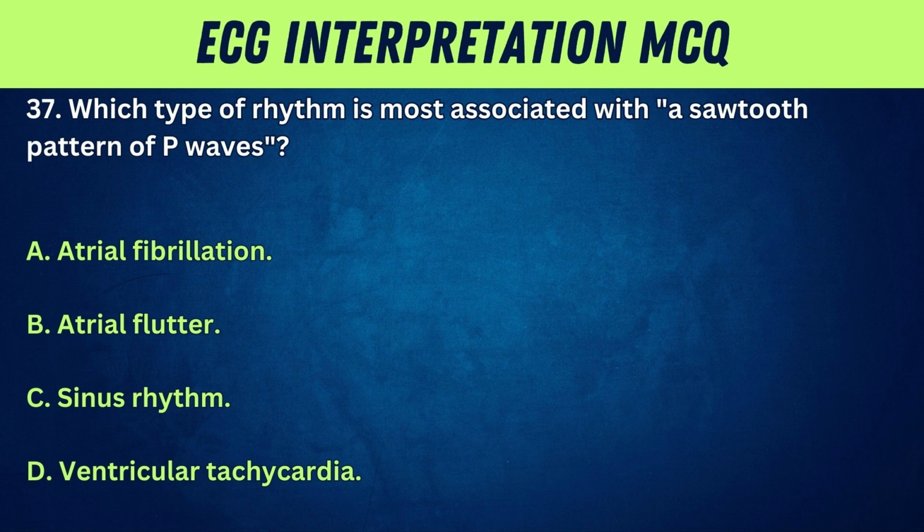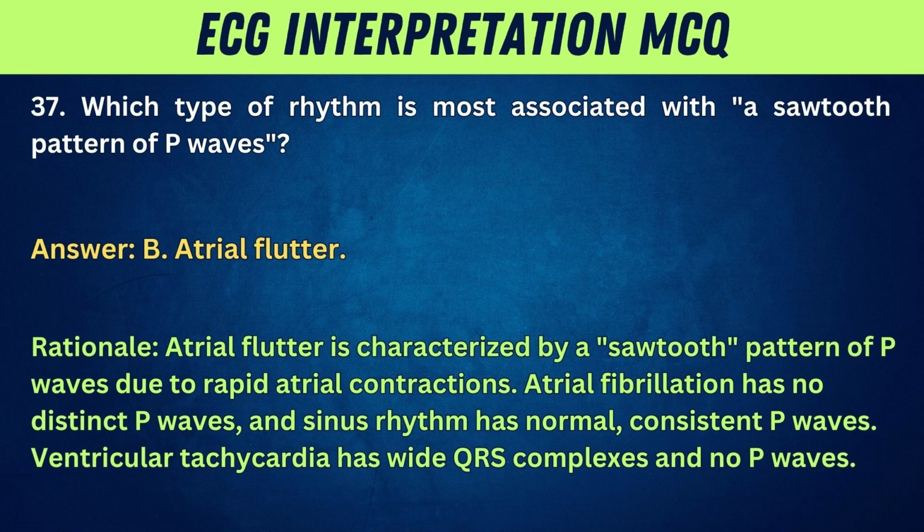37. Which type of rhythm is most associated with a sawtooth pattern of P waves? A. Atrial fibrillation. B. Atrial flutter. C. Sinus rhythm. D. Ventricular tachycardia. Answer: B. Atrial flutter. Rationale: